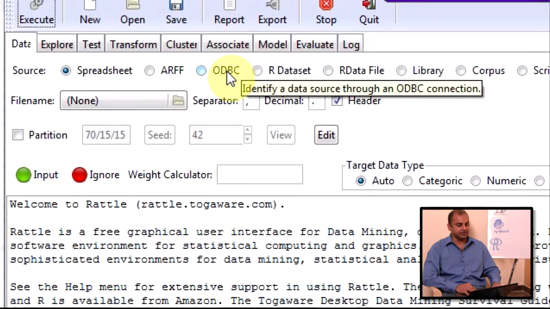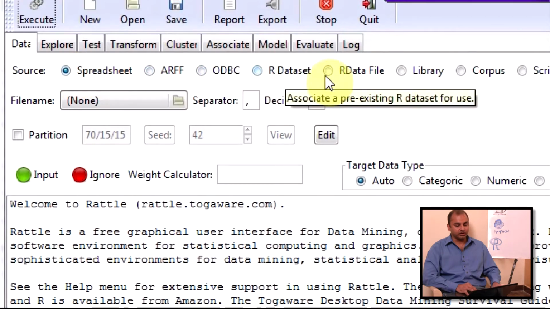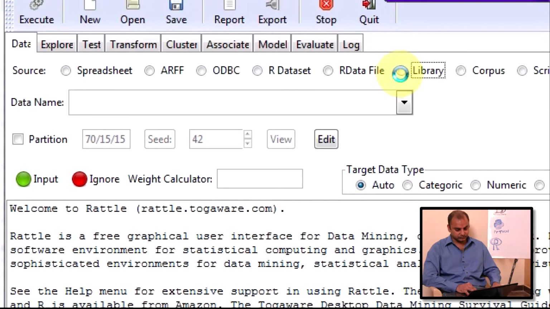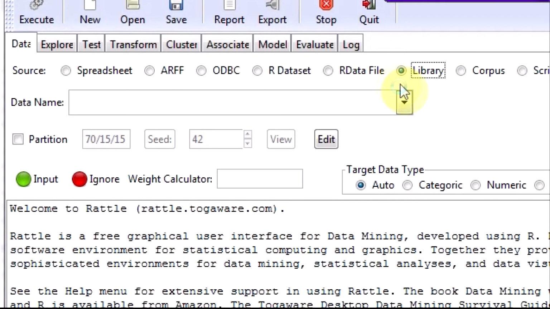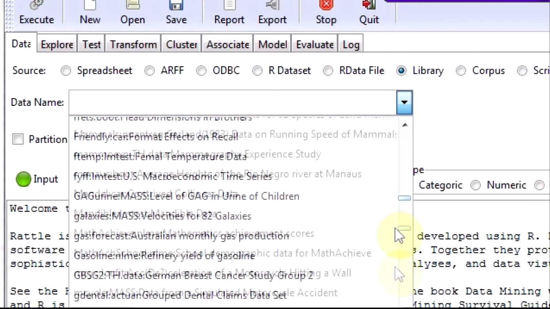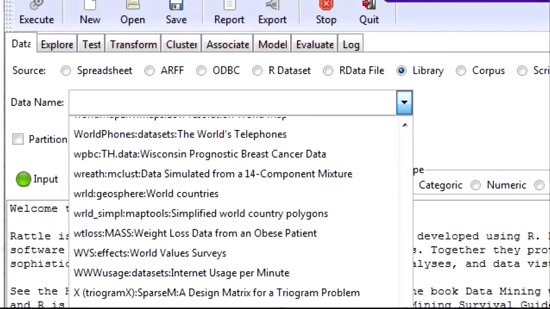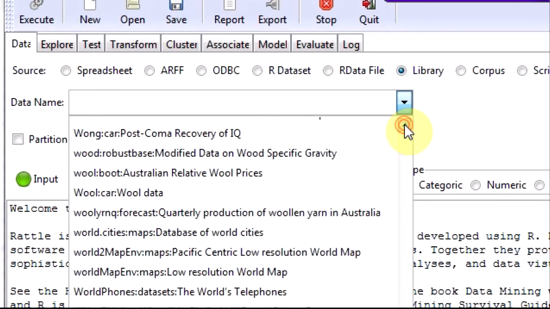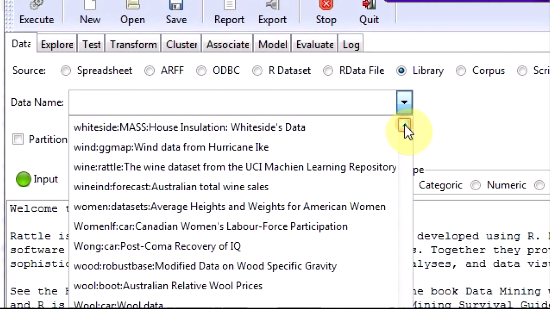ODBC can be a connection from a database. So let's look for library. Taking some time because it's loading it. Let's load the weather data set. So let's look at wine, the wine data set.